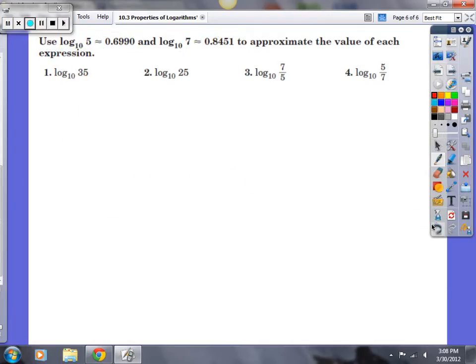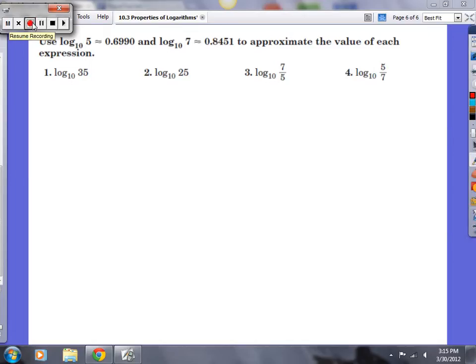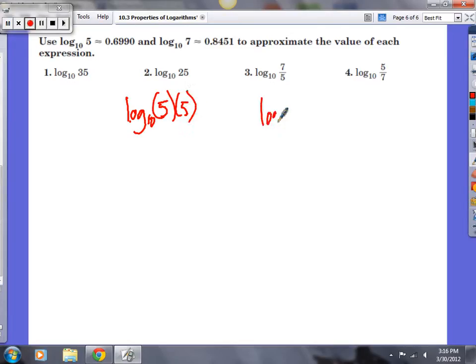So let's look at number 2. Log in base 10 of 25. How can I use a 5 and a 7 to get 25? Or maybe just one of them. So, if you can see 25, there's two ways to look at it. Hopefully you got one of the two. There's either log in base 10 of 5 times 5, or log in base 10 of 5 squared. Either one of those is going to work, and I'm going to do the one on the right,